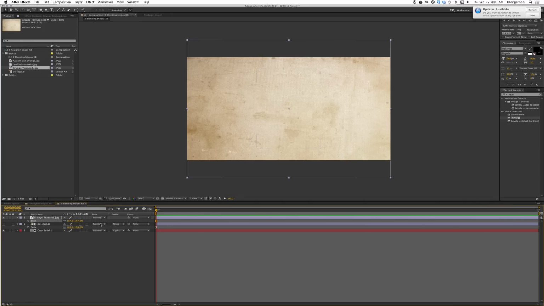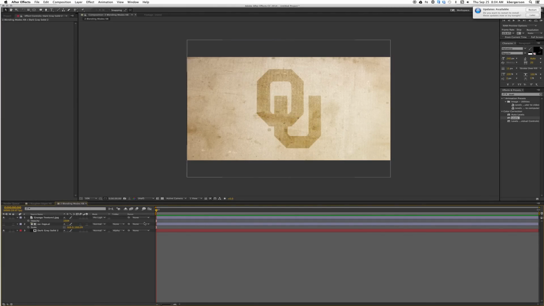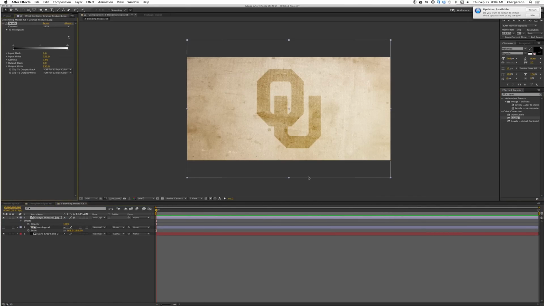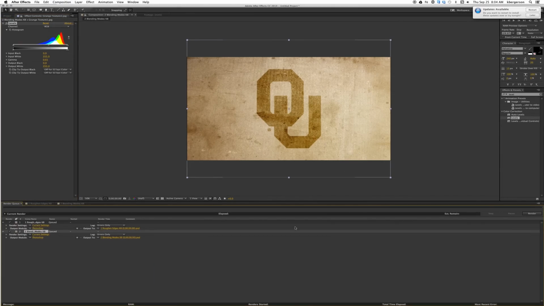And we will set the blending mode to pin light. And if you don't see your blending modes, just right click in columns and make sure that modes is checked. And we will set it to pin light, which is here. And I like to make that contrastier, so pick the grunge texture and drag levels into that, and then we will just adjust the gamma until it looks cool. Alright, and we will add that composition, save frame as file,